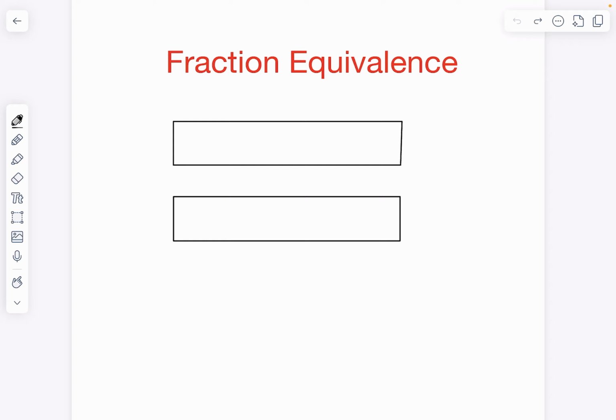So to start off, I'm going to cut my boxes into pieces again. This one's going to be split into 2 pieces. And the other one is going to be split into 4 pieces. So 1, 2, 3, 4. There we go. So how can I show fraction equivalence? Well, the way I can show it is that if you shade in 1/2 of this first box here, and you shade in 2 pieces